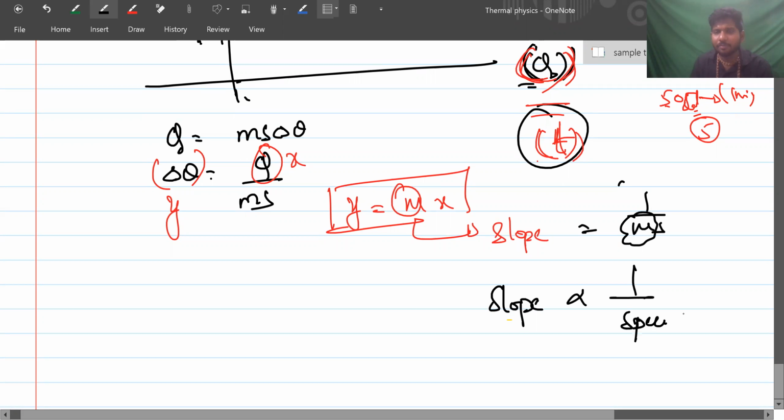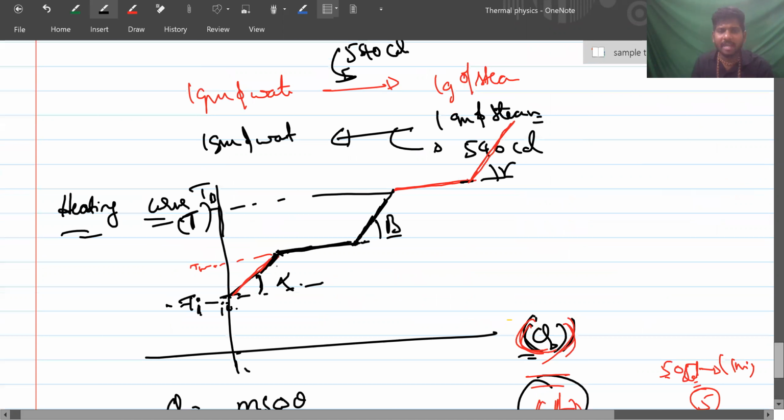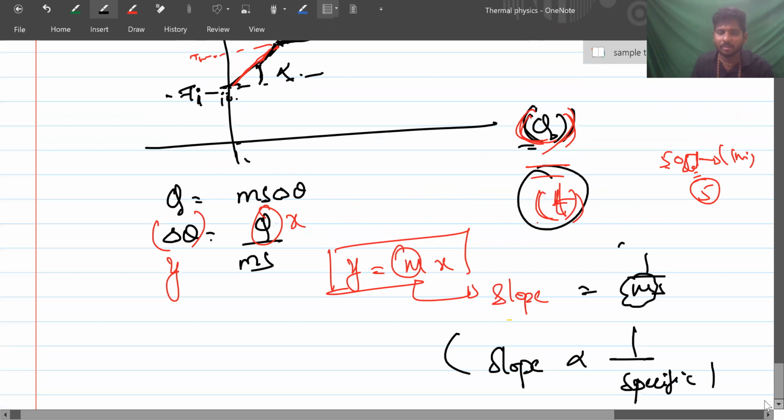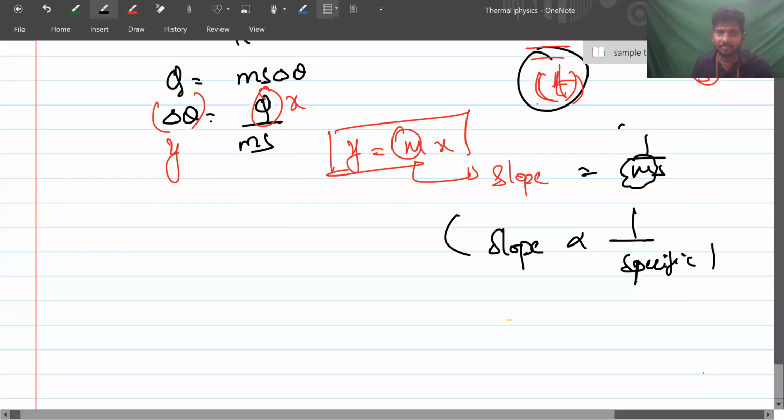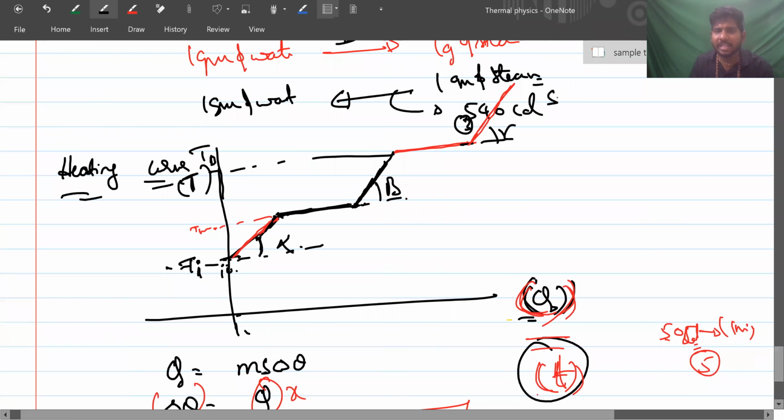Yes, sir. If the comparison is given, so if it is given tan alpha greater than tan beta greater than tan gamma, then specific heat of the second phase will be less than specific heat of the third. Got it? Okay. Yes, sir. Understood. That kind of phases are there. That means if you compare with water, this is specific heat of steam, specific heat of water, specific heat of ice.